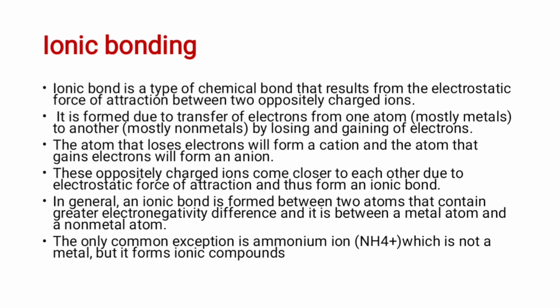In general, an ionic bond forms between atoms that have a greater electronegativity difference. In general chemistry, it is around greater than 2 electronegativity difference. So it occurs between a metal atom and a non-metal, but there is a common exception. The only exception,